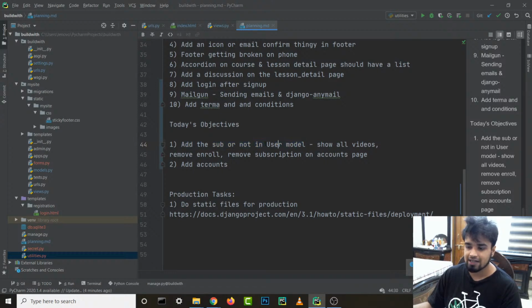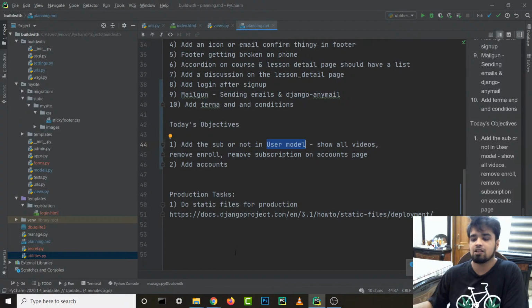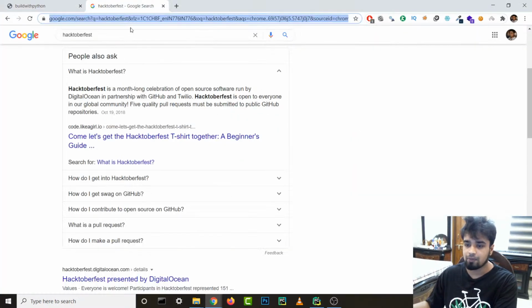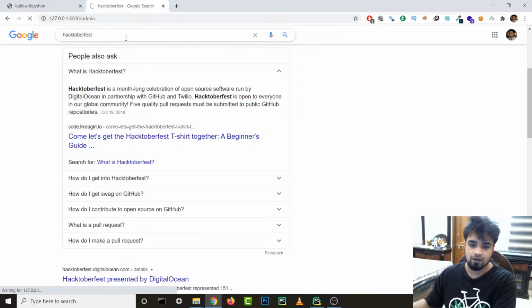So the user model that we were using was automatically created by Django. It had the email, the username and everything. So for example, if we go to our admin panel over here, right, admin,